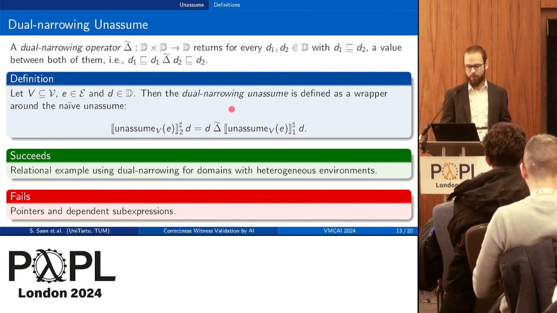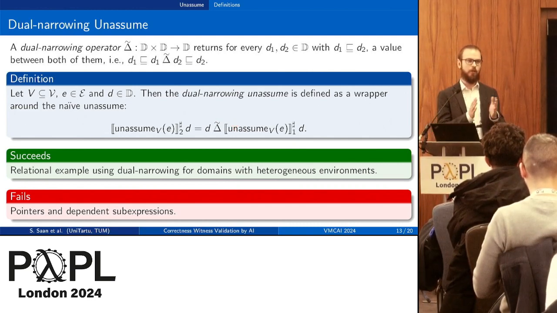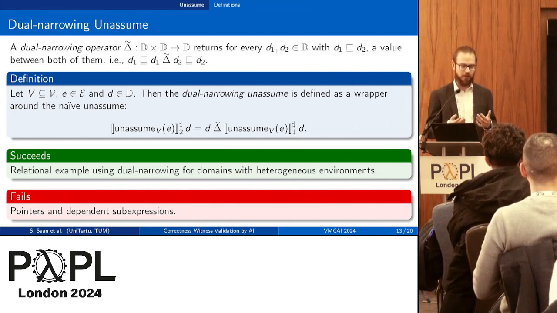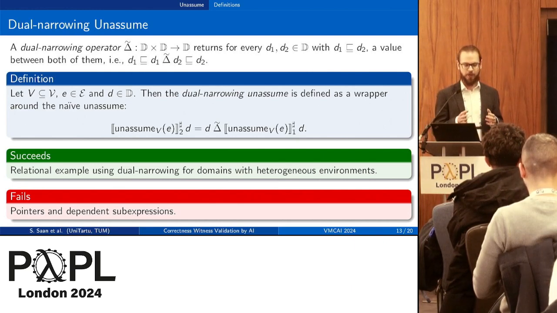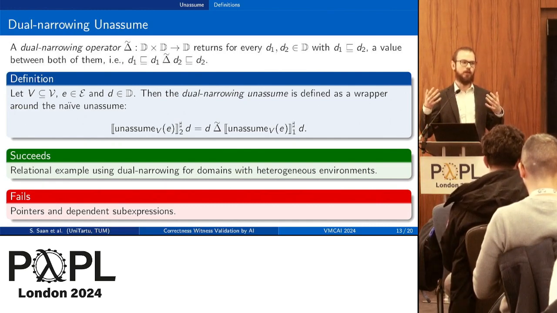And what we do is we take the previous unassume and we wrap it with this unassume operator, and by choosing suitable dual narrowings, we can make the unassume do what we want in a suitable level of precision. And this succeeds for the relational example we have in the paper. We defined a specific instance of a dual narrowing for relational domains, which makes it work, and it exploits abstract domains with heterogeneous environments. So you have abstractions which use different sets of variables, potentially overlapping, and how to, for example,